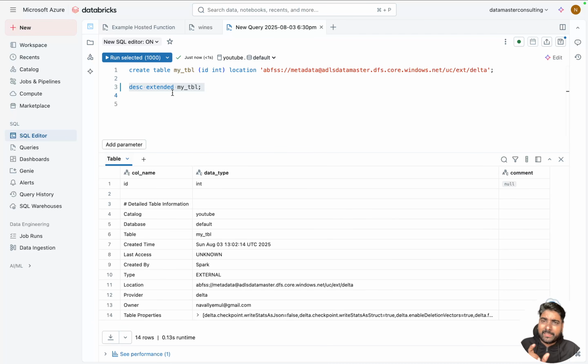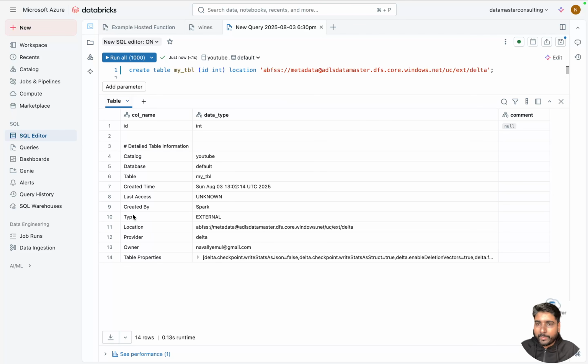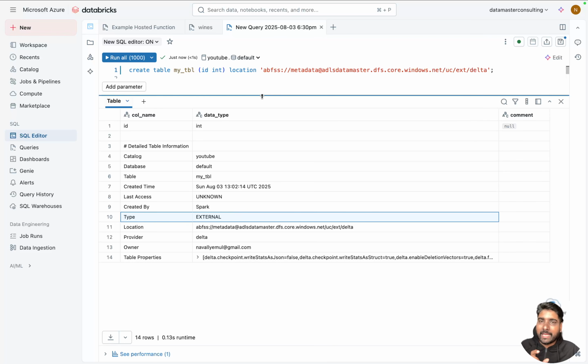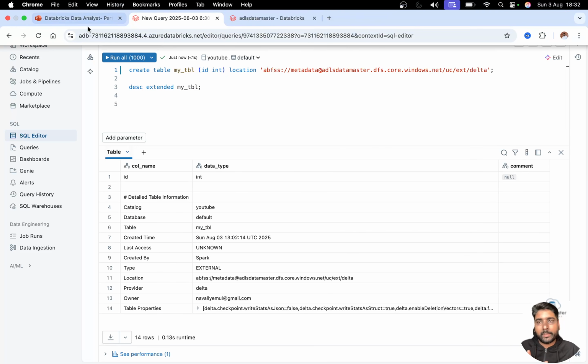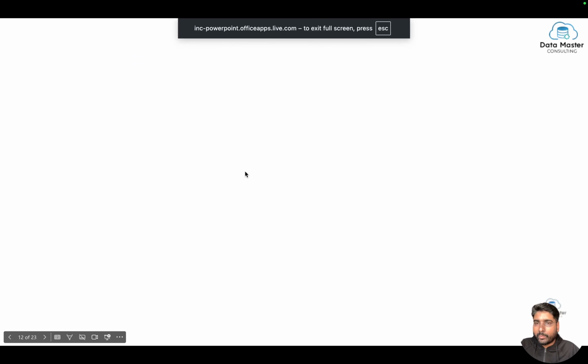I've just created a table. The table name is my table with a simple ID column. I have given the keyword location and pasted the path, that is the ABFS path. It is in my ADLS. When I do a DESCRIBE EXTENDED table name, you should see the type of the table would be external. So with the help of the keyword location, you are able to create an external table. That was the correct answer. So moving further,